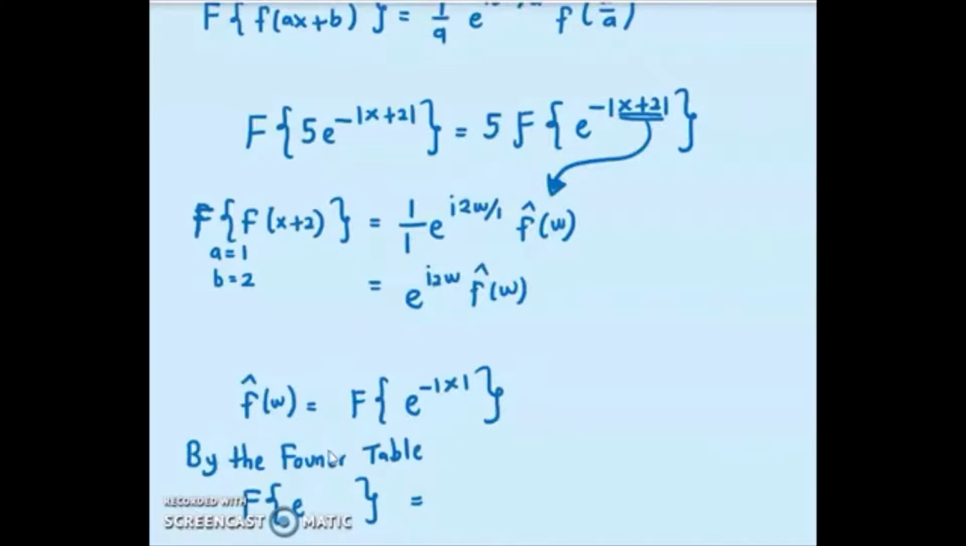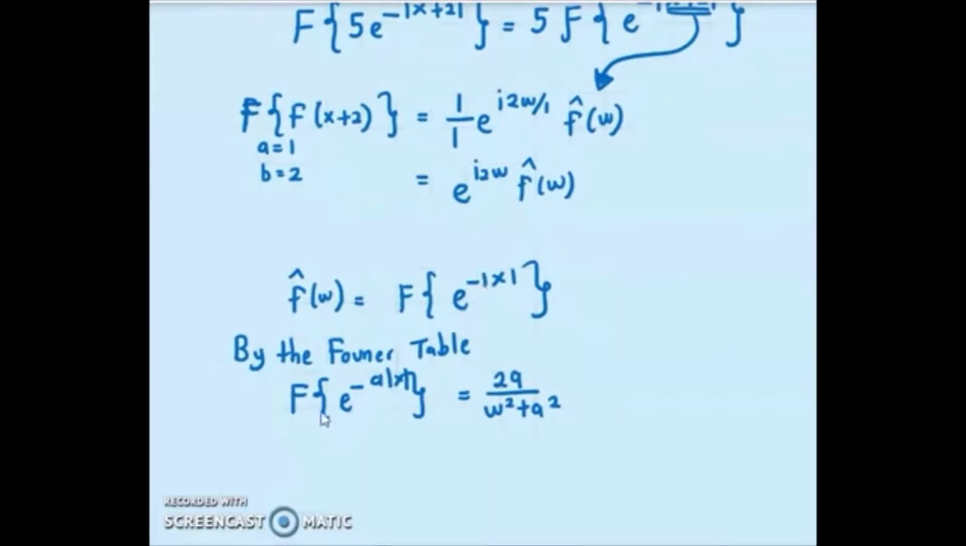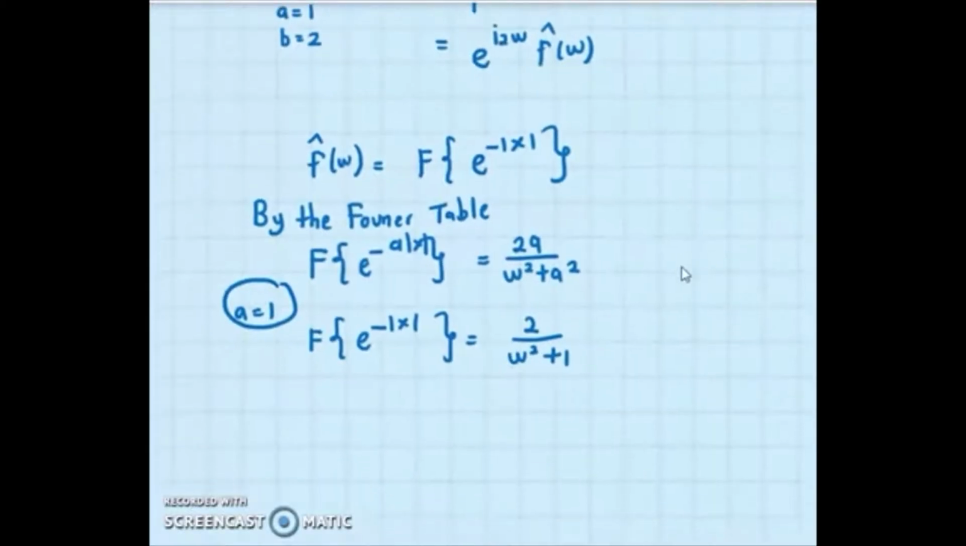If I'm not mistaken, it should be e to the minus a modulus x is given by 2a over omega squared plus a squared. Okay, so in my case, my a is 1. So the Fourier transform of e to the negative modulus x is given by 2 over omega squared plus 1, because a equals 1. Therefore, now for my final solution, the question asks you to find